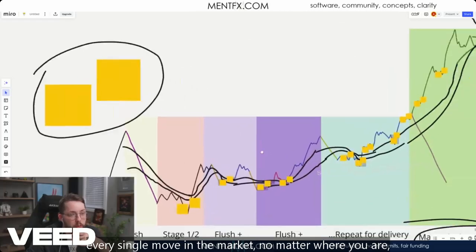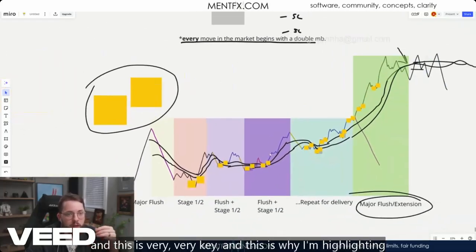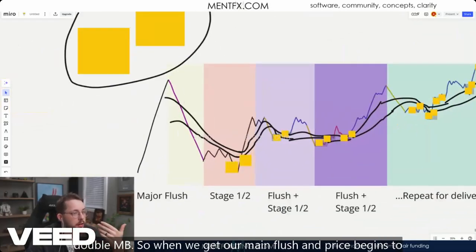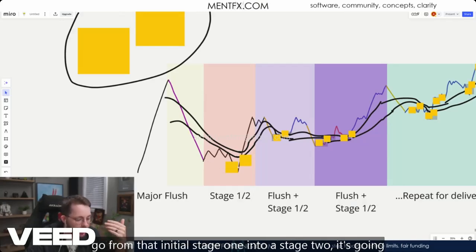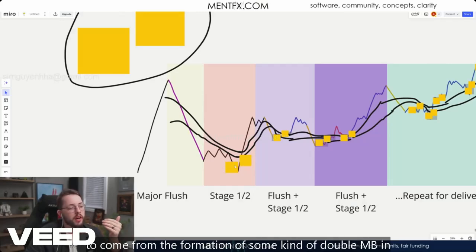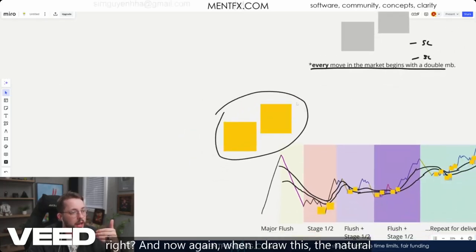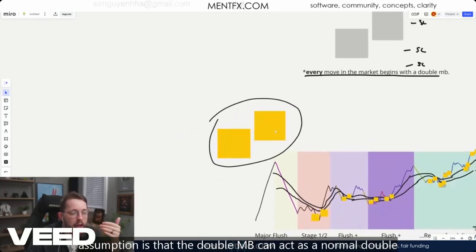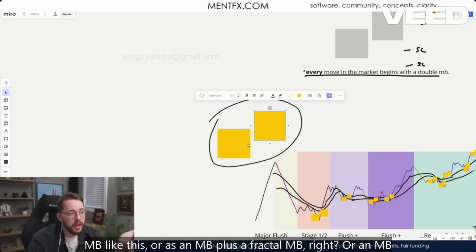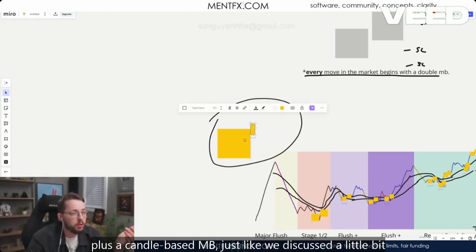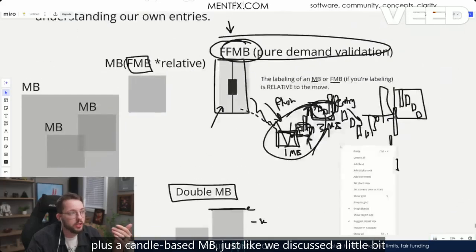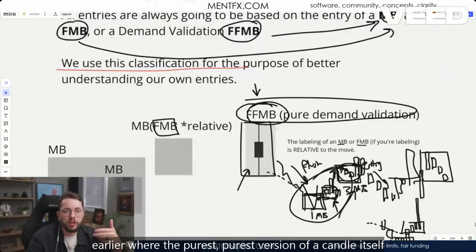Every single move in the market, no matter where you are, and this is very, very key, and this is why I'm highlighting this as a diagram, will naturally start with some kind of double MB. So when we get our main flush and price begins to go from that initial stage one into a stage two, it's going to come from the formation of some kind of double MB in here and then start that move. This is the double MB, right? And now again, when I draw this, the natural assumption is that the double MB can act as a normal double MB like this, or as an MB plus a fractal MB, or an MB plus a candle-based MB,